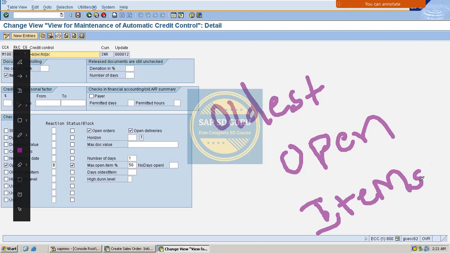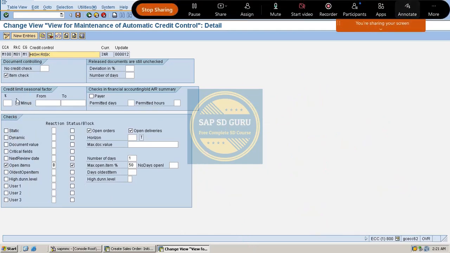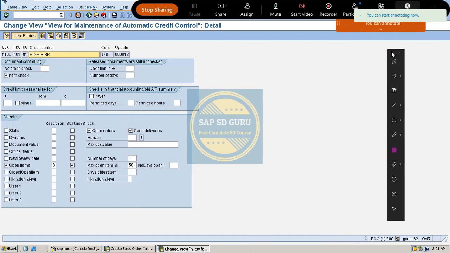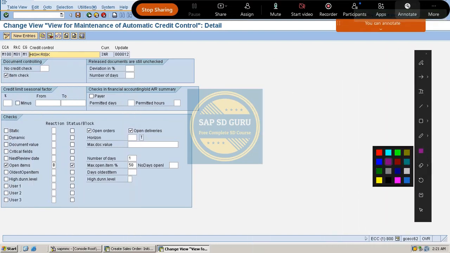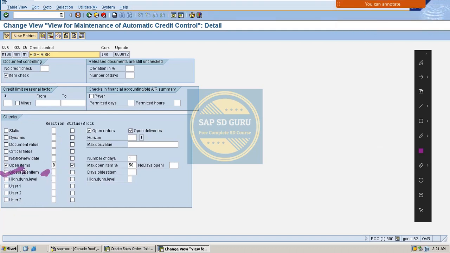What is this? It is nothing but the overdue item. And if you check oldest open items, let me move it here. If you check oldest open items, this one,